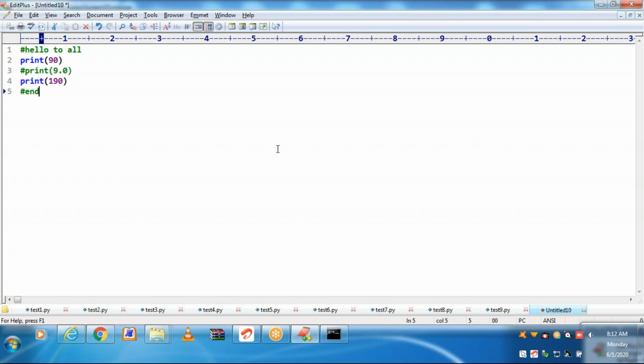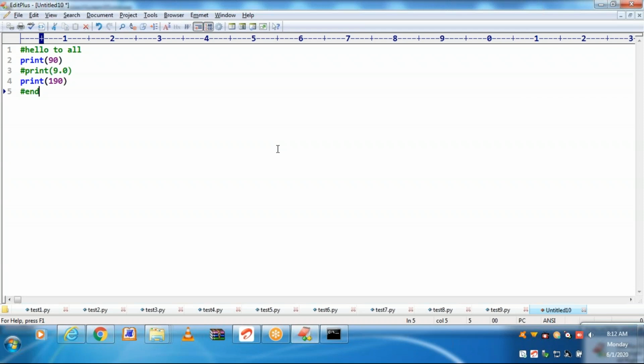Whichever line starts with a hash mark is a comment. It will not be considered by the Python interpreter. If any line starts with a hash mark, that will not be printed.